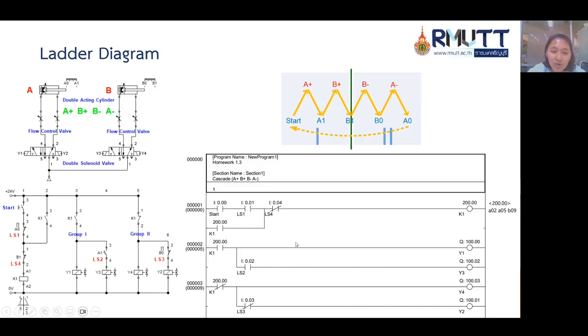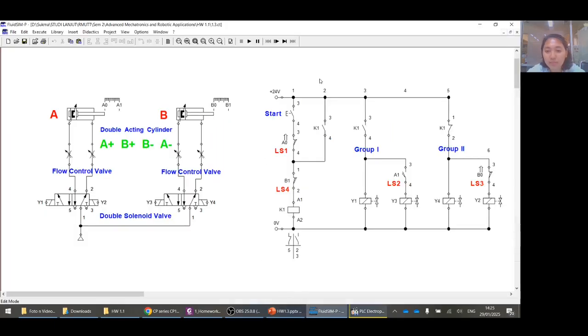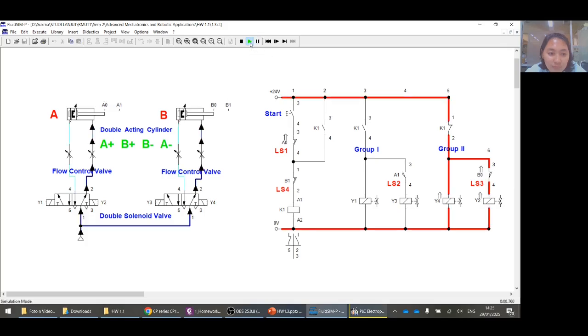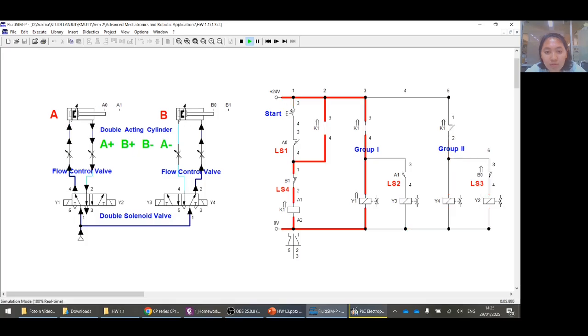And I will show the simulation in the FluidSIM. I press the start, then cylinder A goes forward because the relay 1 NO becomes closed. Then after reaching limit switch A1, cylinder B will go forward because of the solenoid Y3.